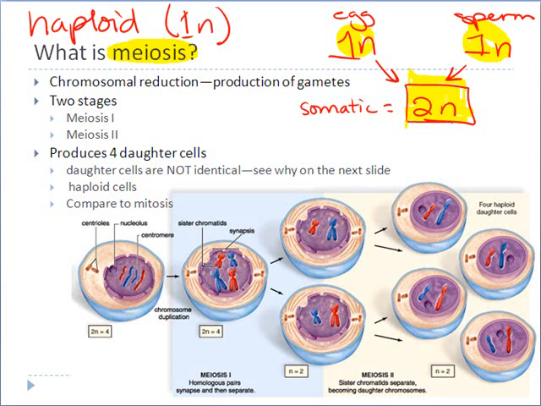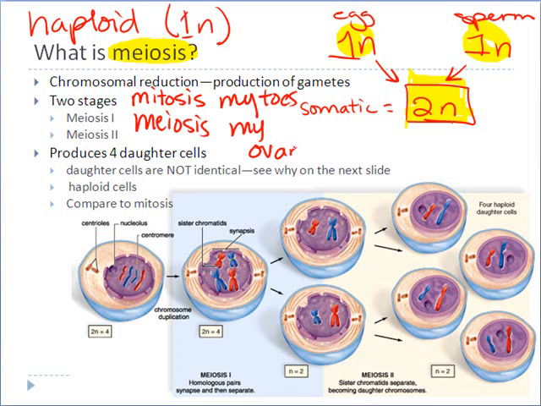very similar to mitosis. And a lot of times students even confuse the terms mitosis and meiosis. So I'm going to tell you an easy way to remember the difference between the two of them, and it's one my high school biology teacher, Mr. Kenska, told me years ago. He used to say mitosis, my toes, meiosis, my ovaries,